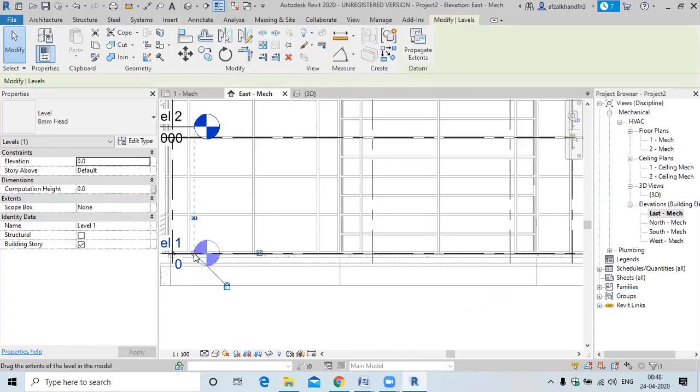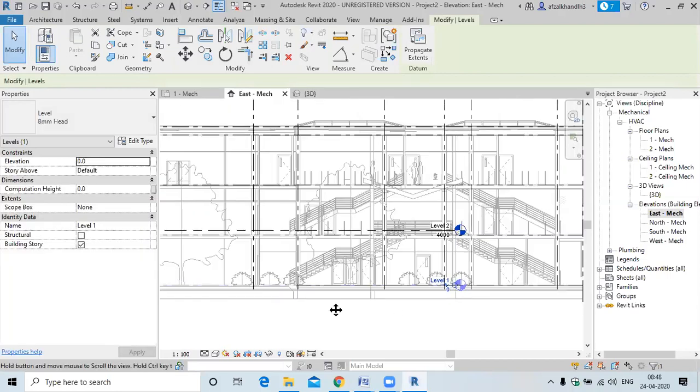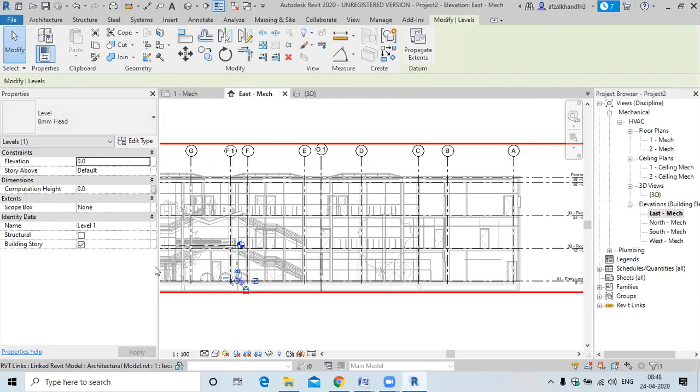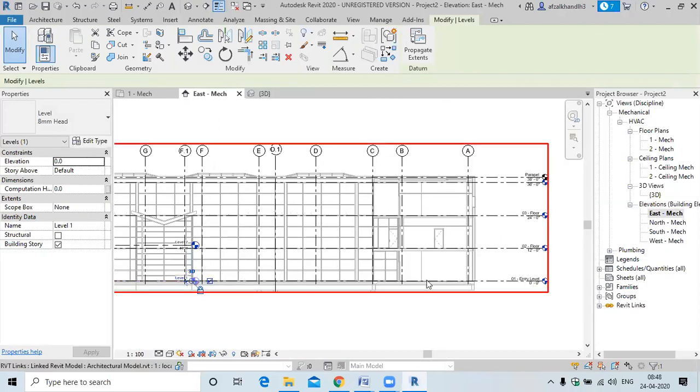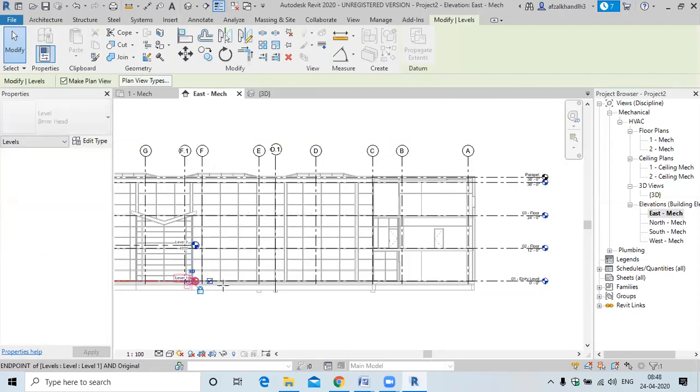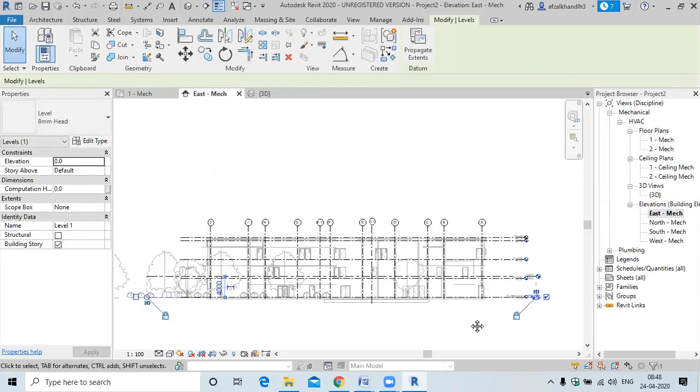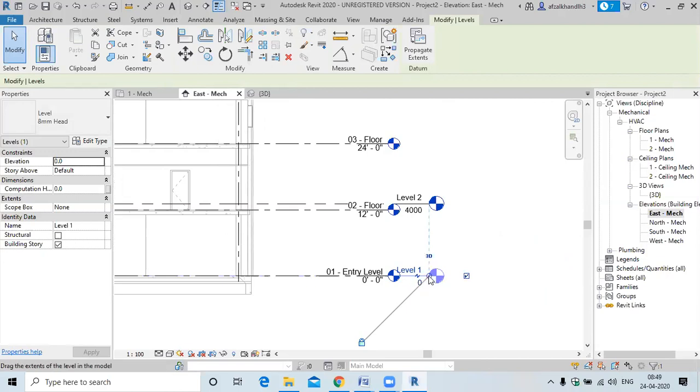Select this one and drag to this side, and select this one and drag to this side. Like this, drag to this side.